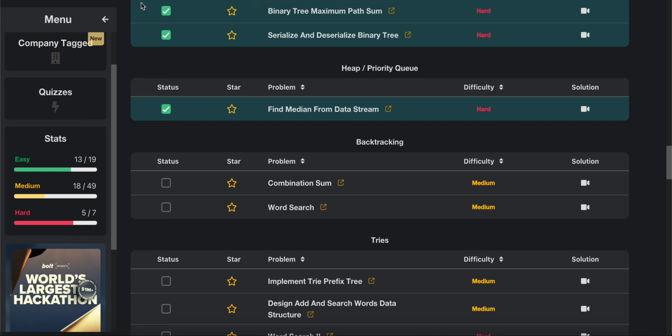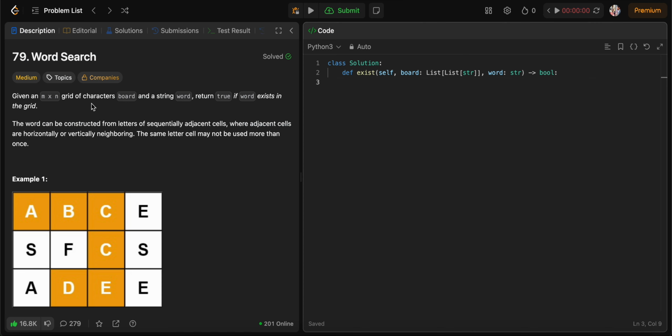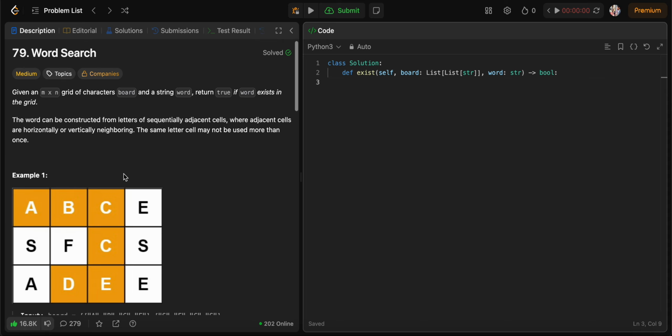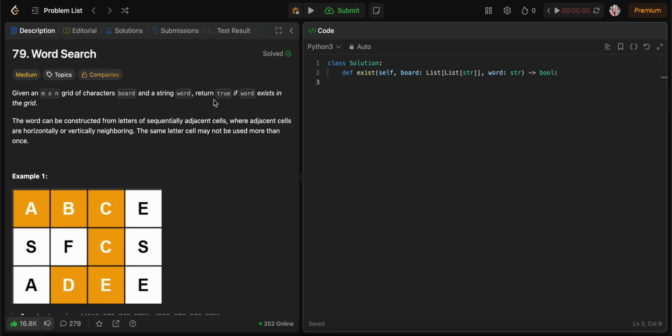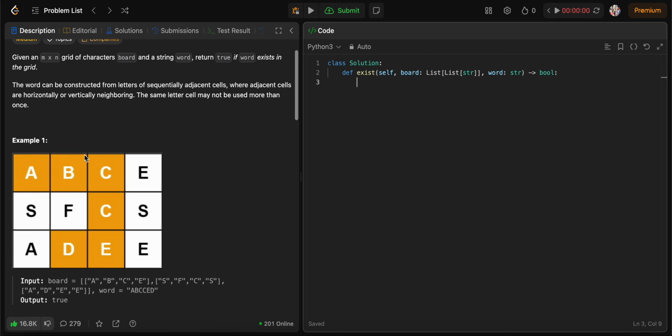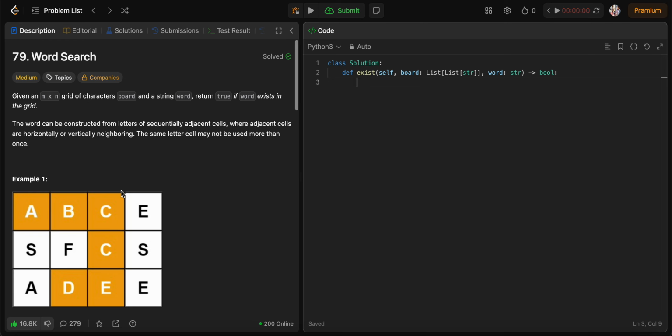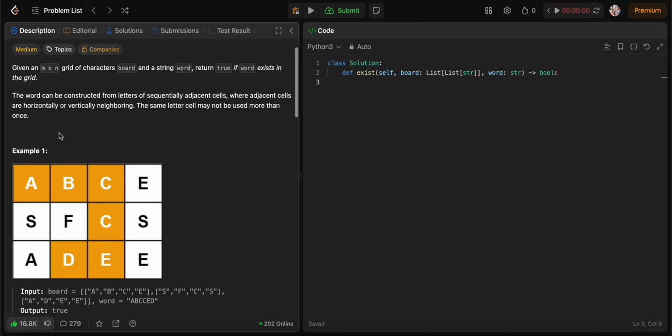So this is word search, and what does word search do? Let's see. I'll be given an m cross n grid, and a string word. Return true if word exists in the grid. So if the word A B C C E D exists here, I have to return true, otherwise return false. The word can be constructed from letters of sequentially adjacent cells. So he's saying that you have to take sequentially adjacent cells, not any random cell, where adjacent cells are horizontally or vertically